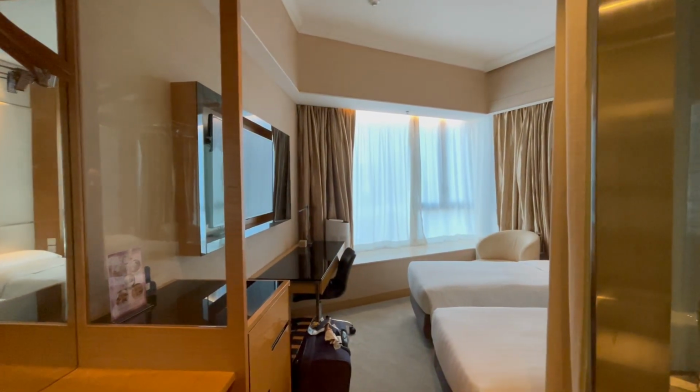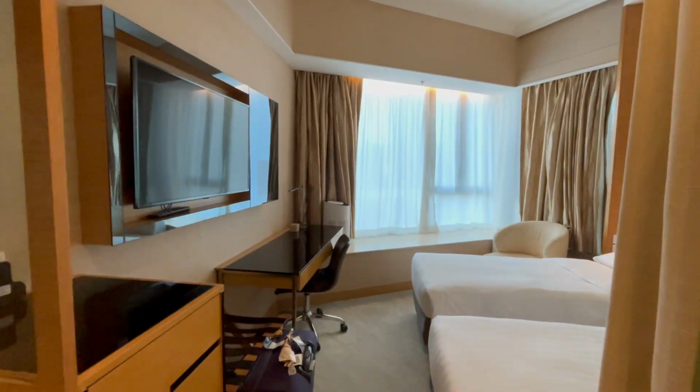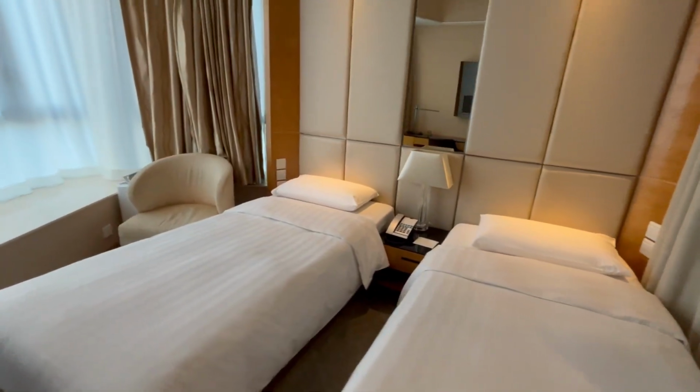Arrived at Hong Kong and we're staying in Dorsett Kwun Tong. So I'll give you guys a quick room tour. Upon entering, we were shocked because this is the largest Hong Kong hotel room I've ever stayed at. So we've got double single beds